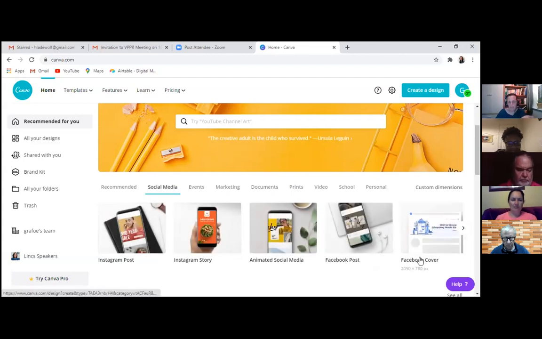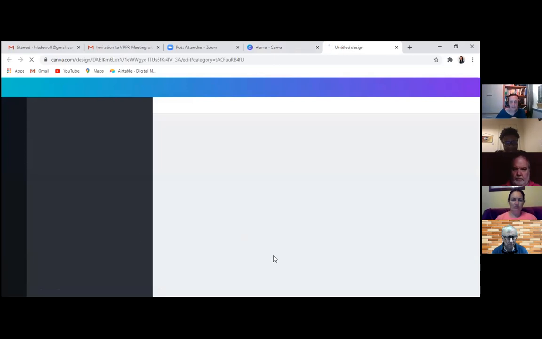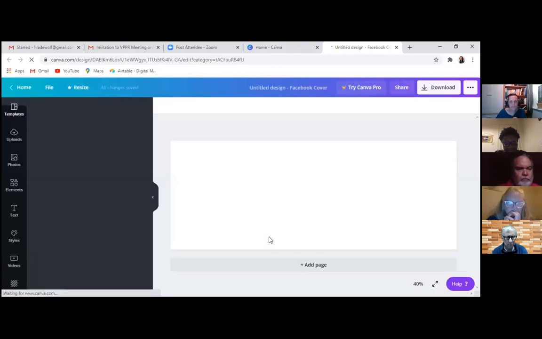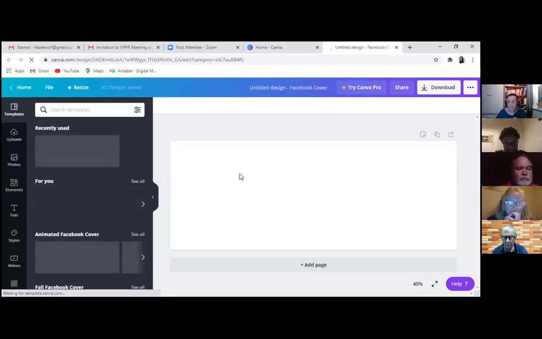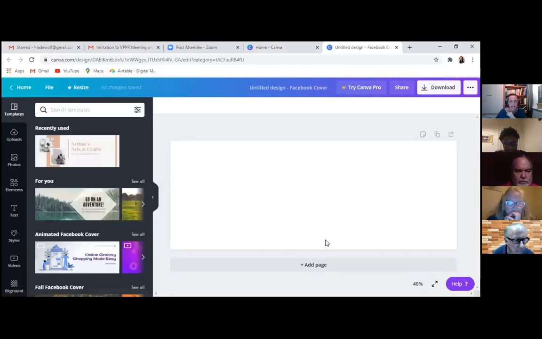So what does it look like when you want to start creating a Facebook cover? You literally click on the Facebook cover, and it will give you a blank canvas with the right dimensions that you can fill. Now, I'm not a designer, and I would imagine that maybe some of you might be, but most of you will not be designers, and a blank sheet of paper probably makes your blood boil and feel uncomfortable. So what Canva actually does is it gives you a number of templates